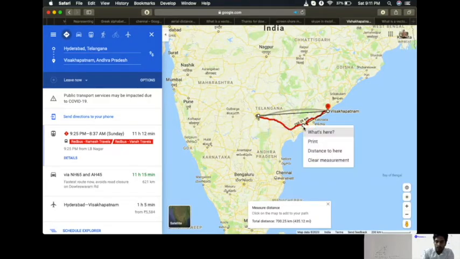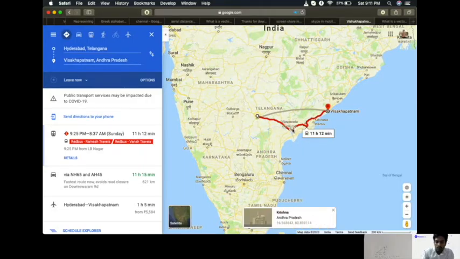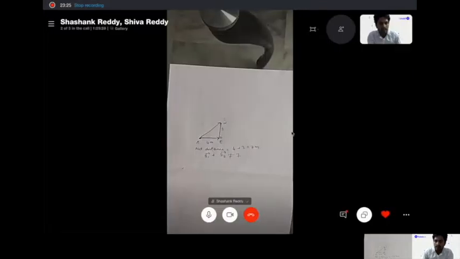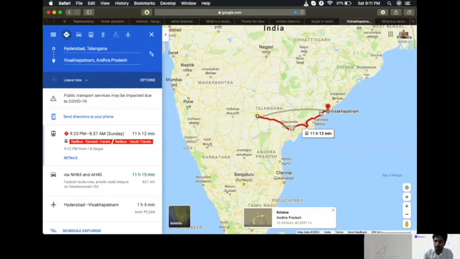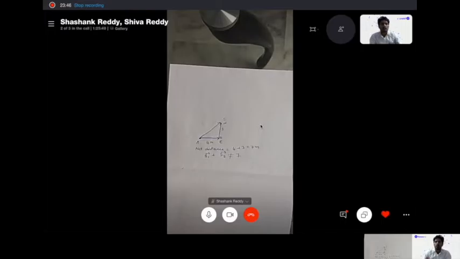This distance is a total of how many kilometers? 621 kilometers, right? This total distance is 621, but we just saw that the displacement was only 496 kilometers between this point and this point. So even though you move all around on this bus track and reach your final destination of Vishakhapatnam, your displacement would just be this straight line path between Hyderabad and Vishakhapatnam. So your displacement would be more or less your aerial distance between the two, more or less the same 500.